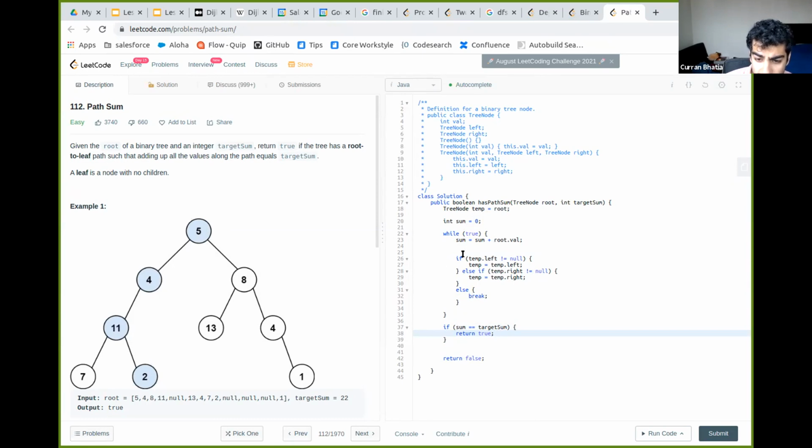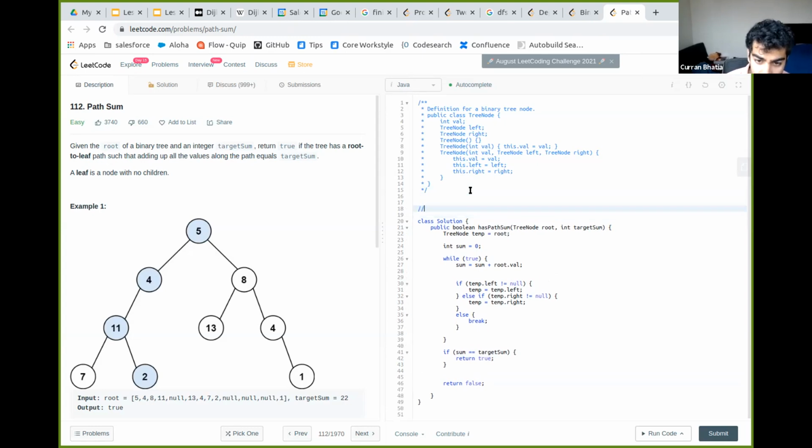Let me just draw this out right here so that everyone can kind of see it. Root is equal to 5, and sum is equal to 0, and temp would also be equal to 5, right? Can everyone see my comment up here? Yeah. Cool.